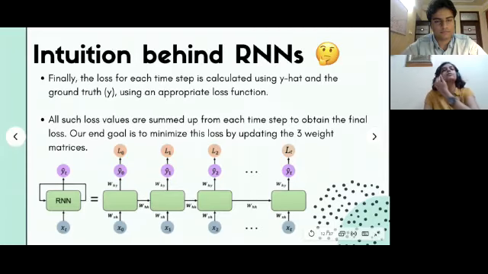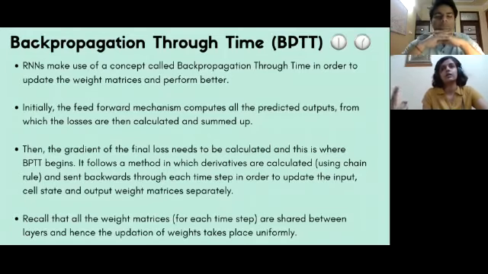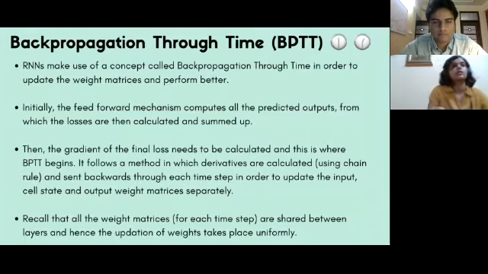Anyway, let's move on to how loss is minimized. Okay, we all know what backpropagation is: how you update your weights in the neural network in order to make training faster and more accurate, right? But here we just make a slight modification to get backpropagation through time. So how is it different? Why are there two extra words? Okay, let's look into that.